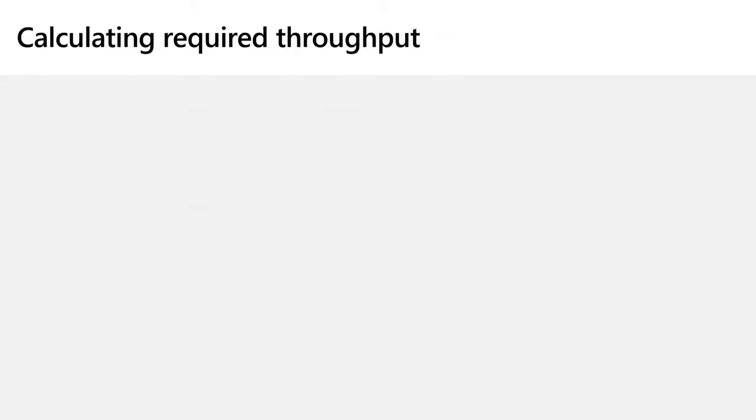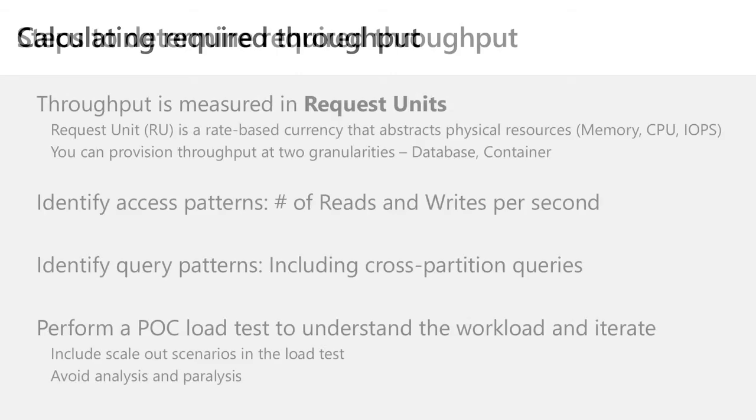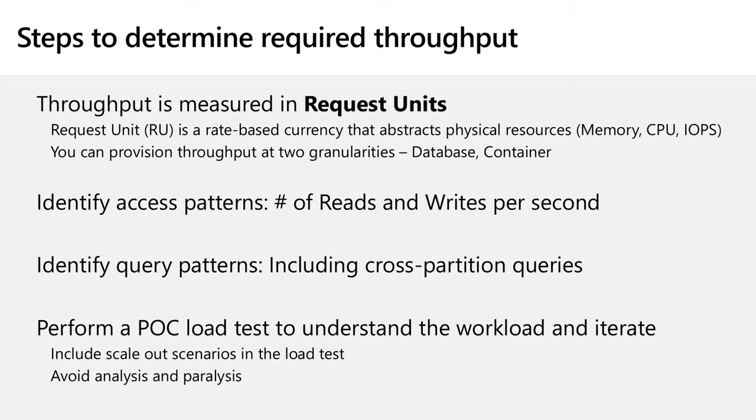And last, unless you run a POC, you wouldn't be able to determine what sort of throughput you need. So I highly encourage you to run a POC before you do an actual Azure Cosmos DB implementation. That will allow you to understand what your patterns are. And one thing to avoid is analysis paralysis of that data, because in Azure Cosmos DB, you can always course correct without any downtime.